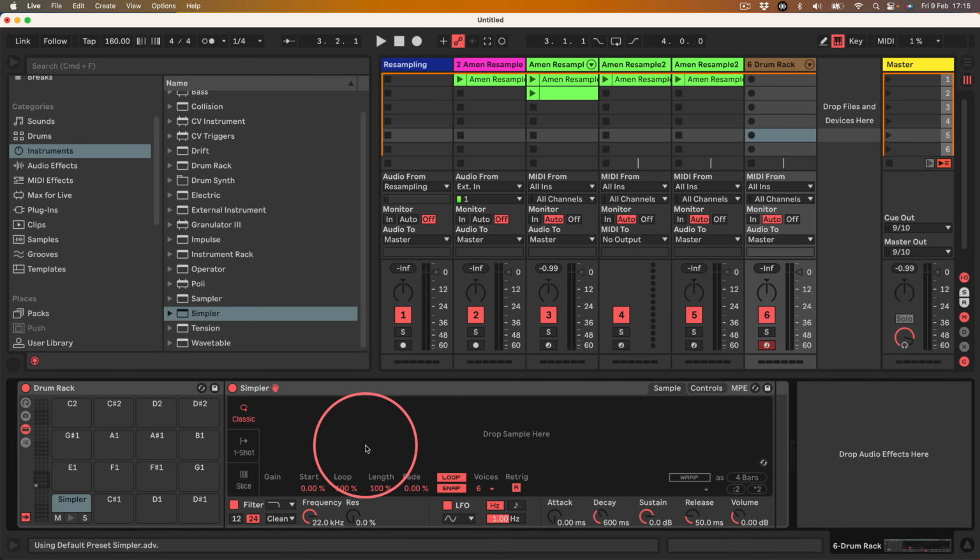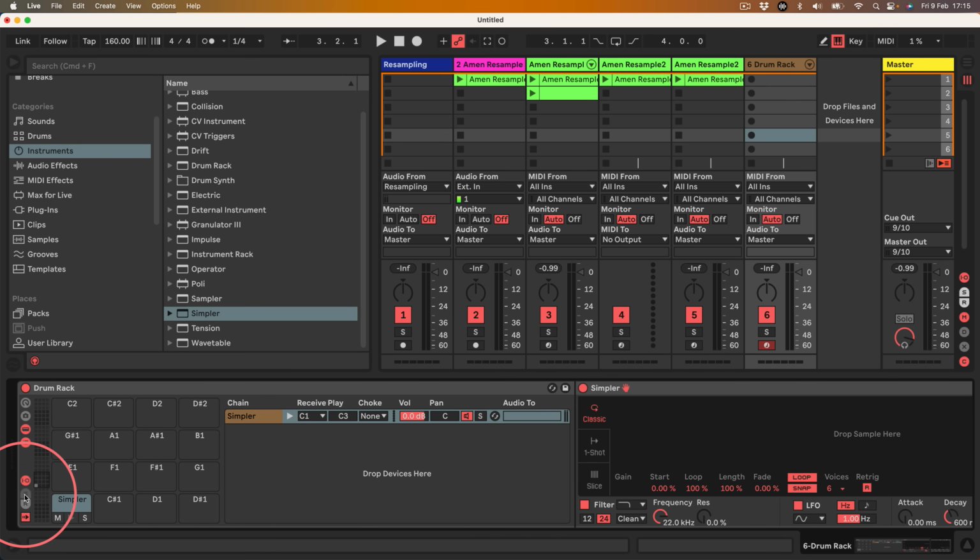And I'm going to set it to classic. I'm not really going to bother too much with all the other stuff. What I'm going to do is open everything up, all of this stuff down here. I've opened the device chain, the chain selector, and I've opened this thing here, which is the send and return